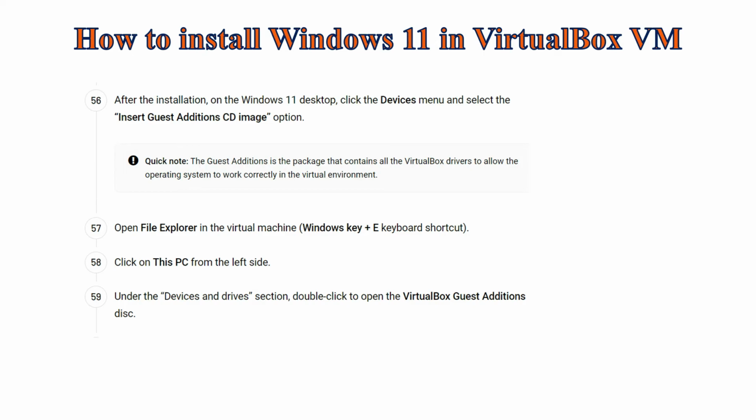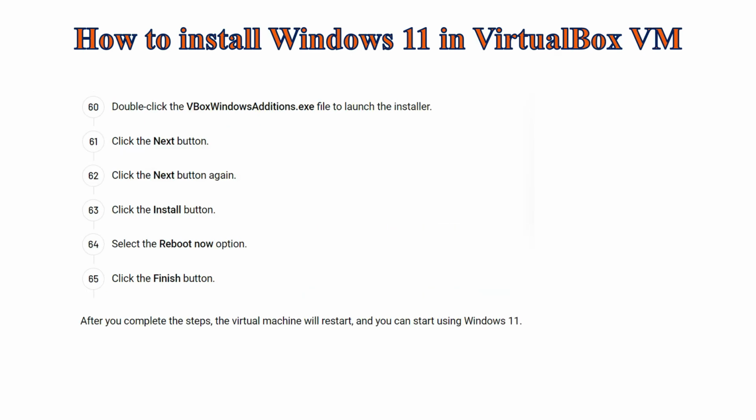Open File Explorer in the virtual machine using the Windows key plus E keyboard shortcut. Click on This PC from the left side. Under the Devices and Drives section, double-click to open the VirtualBox Guest Additions disk. Double-click the VBoxWindowsAdditions.exe file to launch the installer. Click the Next button. Click the Next button again. Click the Install button. Select the Reboot Now option. Click the Finish button. After you complete the steps, the virtual machine will restart, and you can start